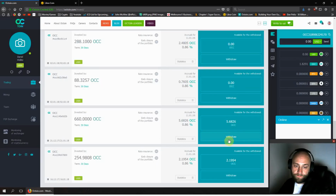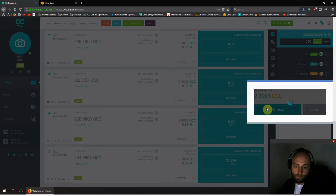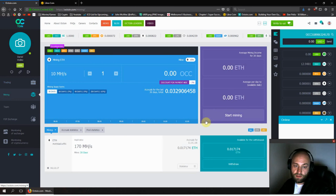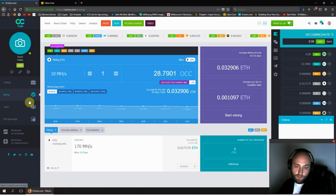And it's setting up. And I'd estimate that was about 12 OCC probably. Yeah, 13. And then I've got this Ethereum mining contract, which will end in a few days, and that gets me this much Ethereum back per day. The next thing I'll do with this Ethereum, because I'm not interested in doing further mining at this point, is